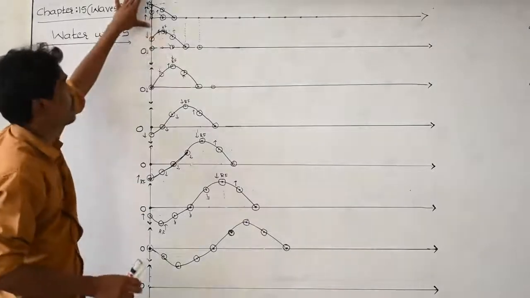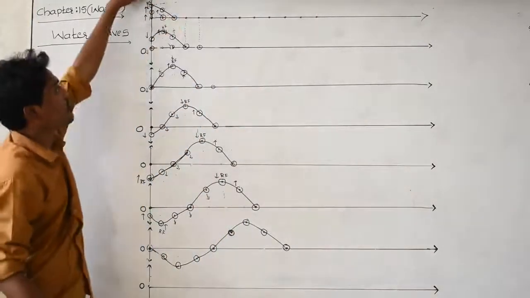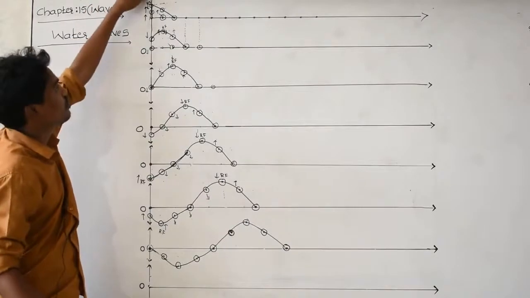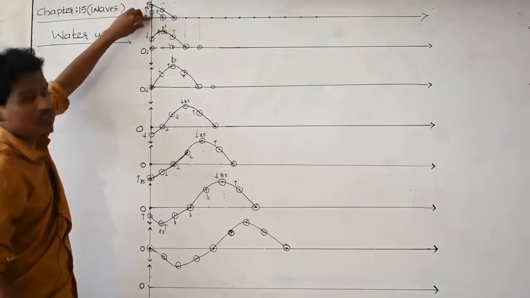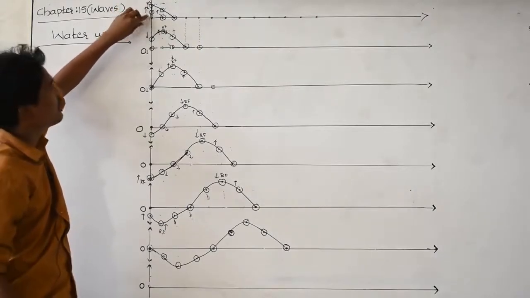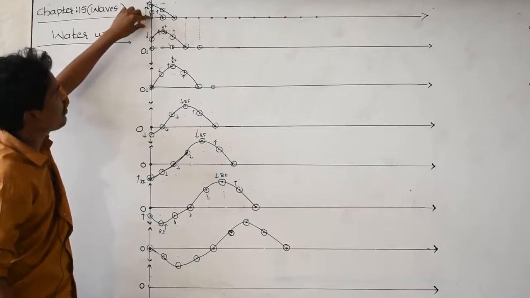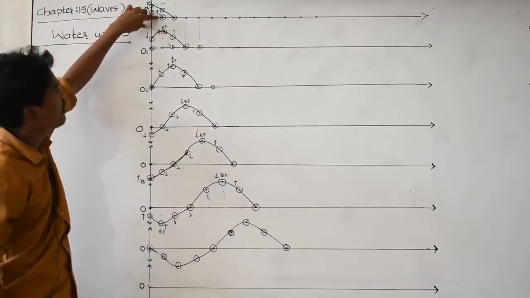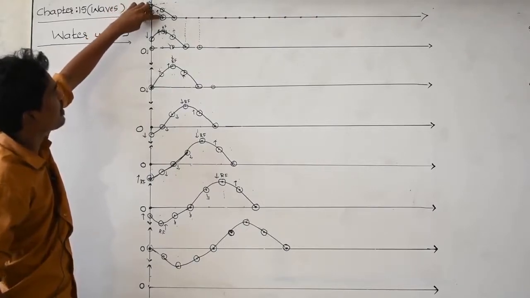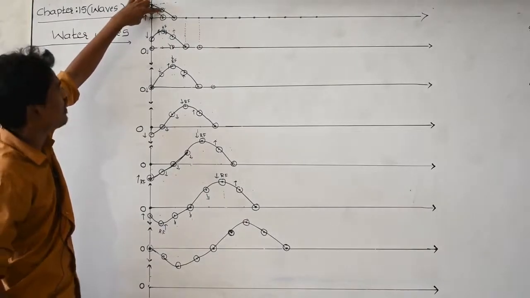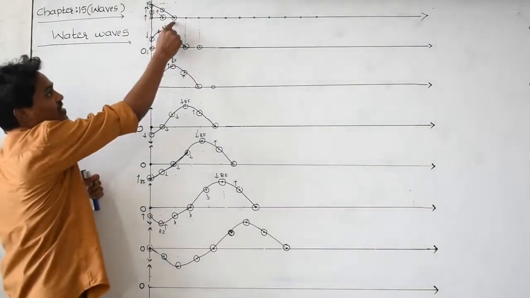Let us first take all the water particles at rest. I have taken one small stone to a certain height and released. This stone is in motion. It hits the first particle. Its kinetic energy is transferred to the first particle and it comes into vibration. This particle moves from here to here, and the next particle is at rest because the disturbance has not reached that point. Again this particle moves, and the disturbance reaches the next particle, which just rises up. And the third particle is at rest because its disturbance has not reached here. That's why it is still at rest.